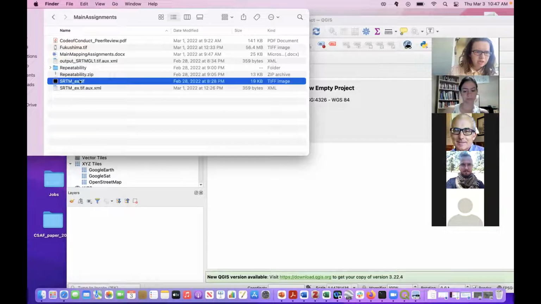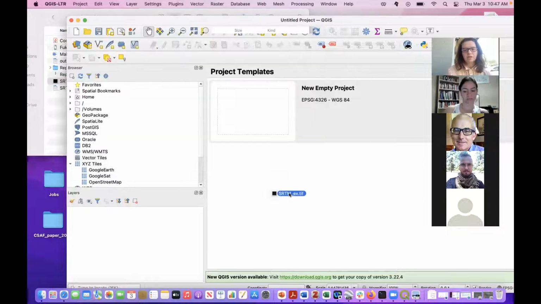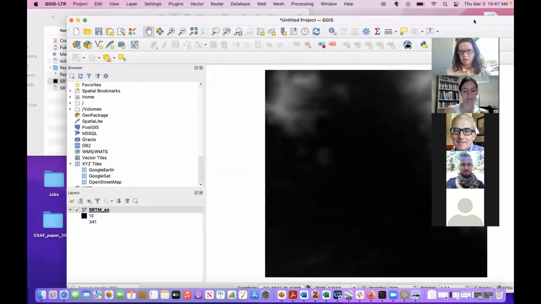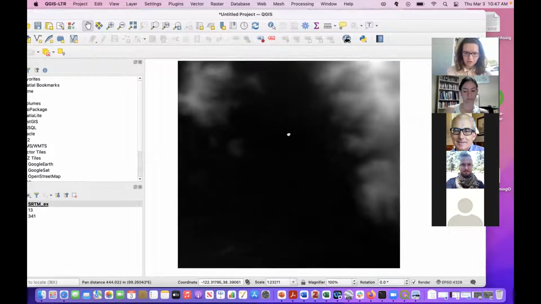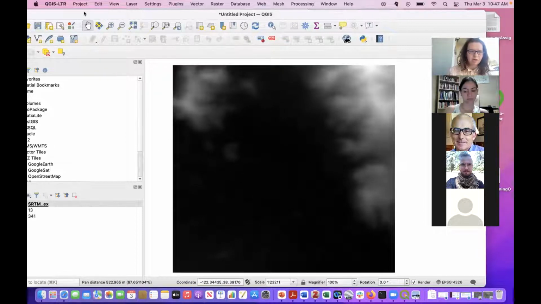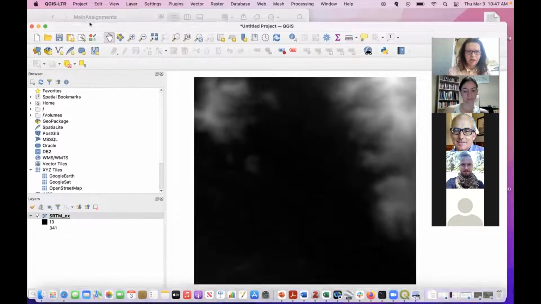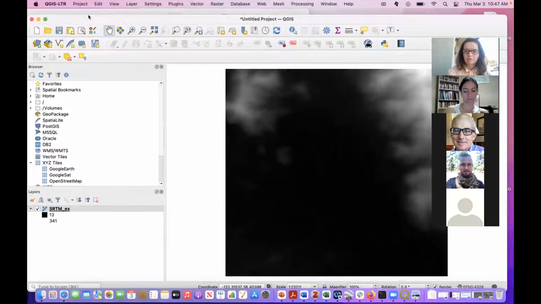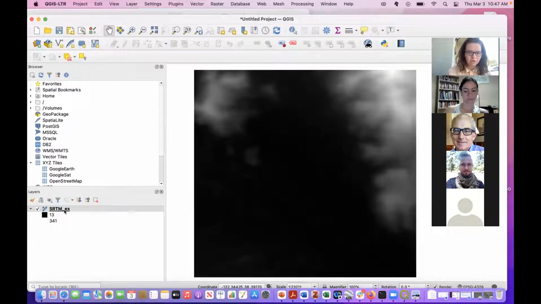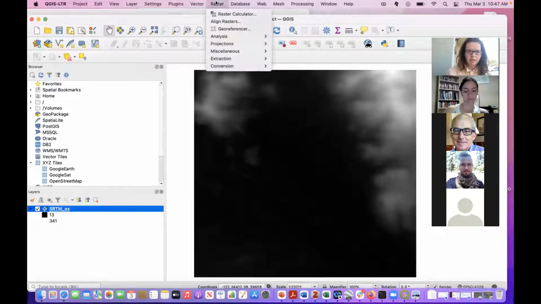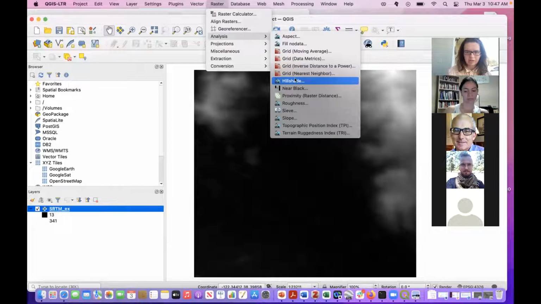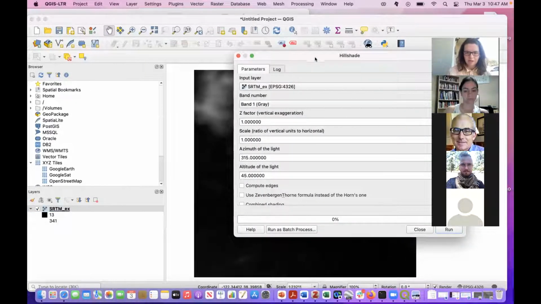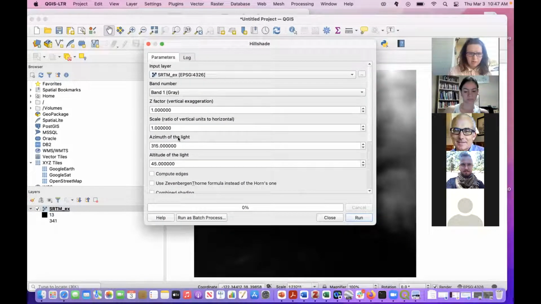So here's a similar map from the SRTM digital elevation model, which is now loaded in QGIS. And so I'll show you how to make the hillshade. Make sure it's highlighted, go to Raster Analysis, like you guys have done many times. You can keep many of the options the same, except you'll either want to change the